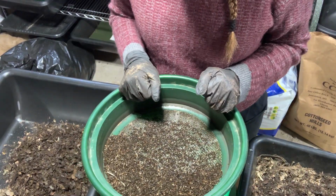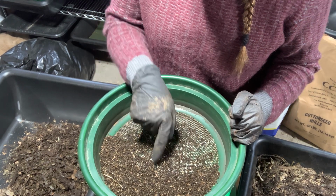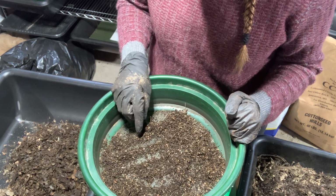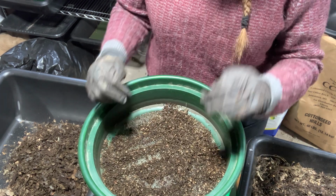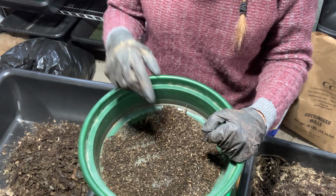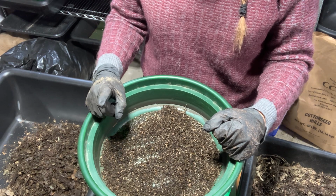Anyway, this is the 1/12 screen in the bottom here. I'm seeing more cocoons and more castings. But what this screen allows me to do when I put it in here after those larger ones,